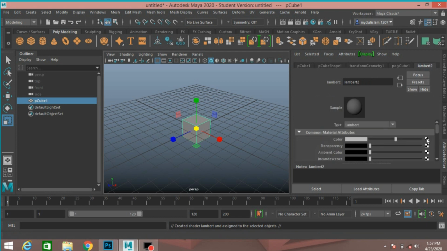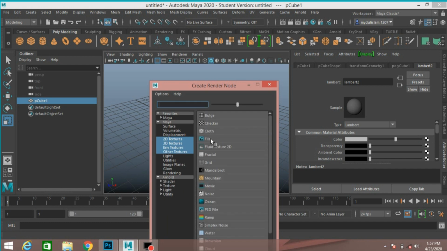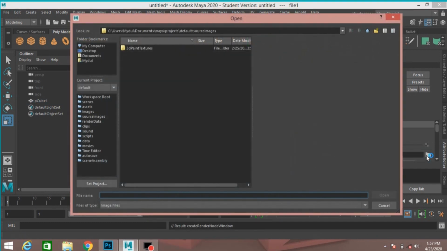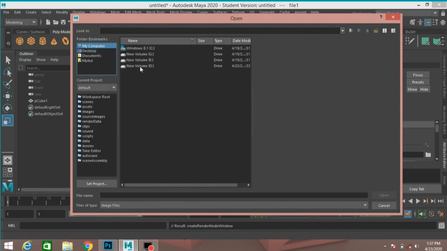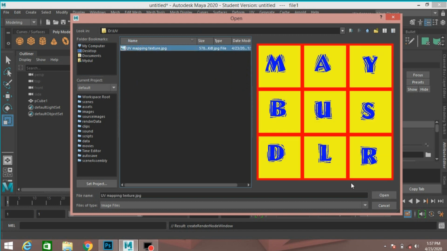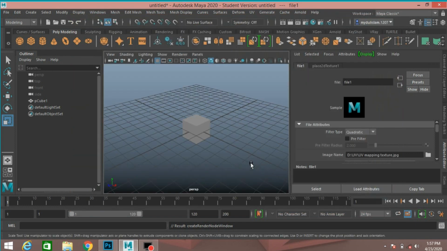Click on this color checker box, select File and locate the texture file which you created in Photoshop. This is the file. And to see the file on your cube which is applied, press on this icon, texture icon, or press 6 on your keyboard.